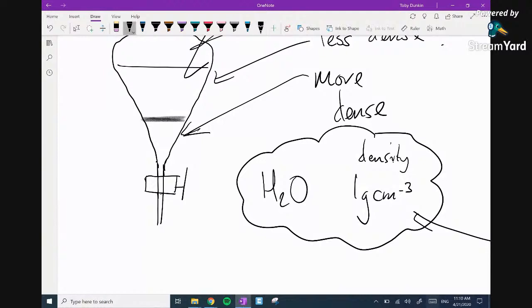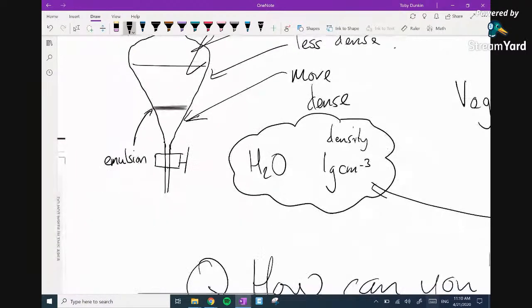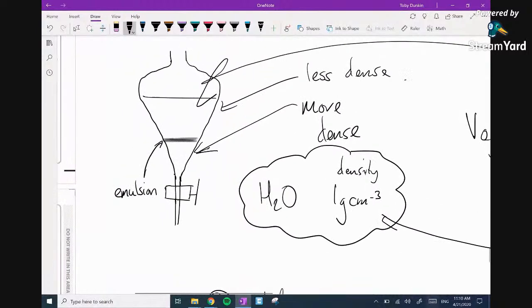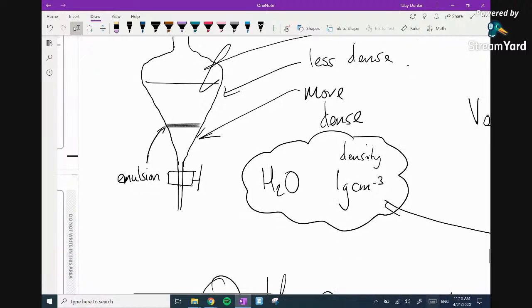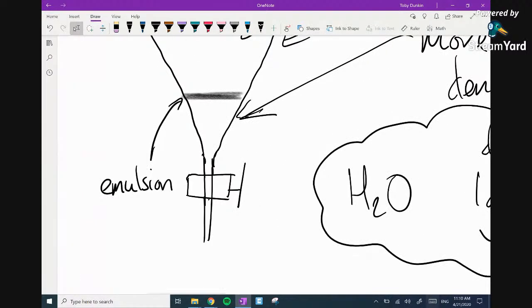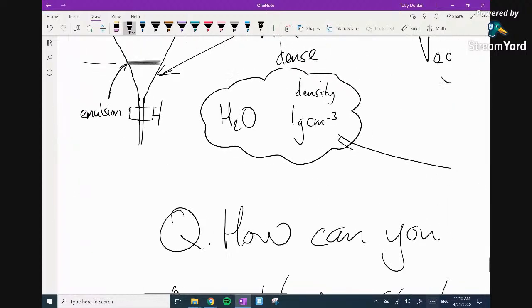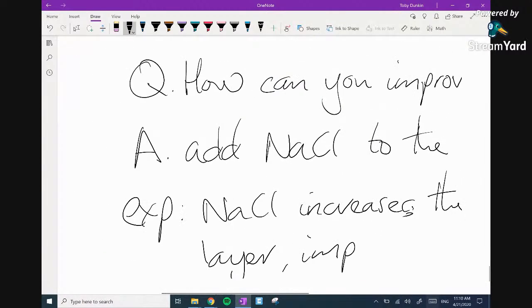This is because at that layer, the two liquids are forming what's called an emulsion. Immiscible liquids, when you shake them, form a hazy, cloudy solution. And you get this blurry layer. And it's really nice to realize that you can actually reduce the thickness of that by adding salt. If you add salt, you